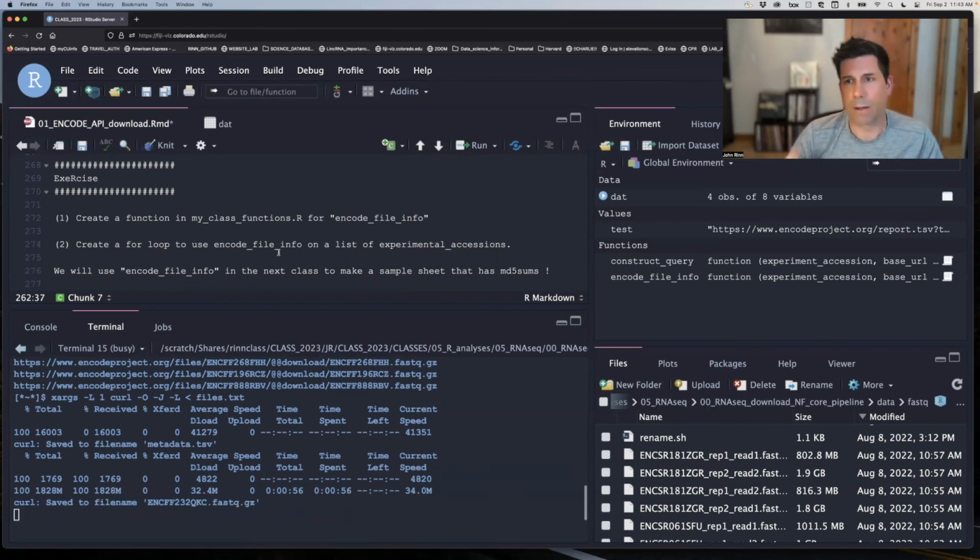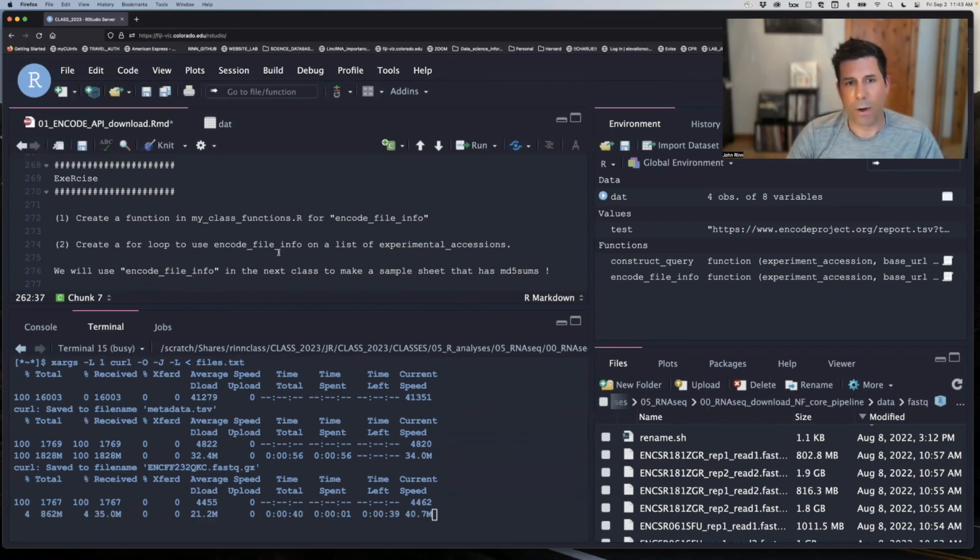And we will do that as well in the next class, where we will now take the information that encode file info gives us, and make a sample sheet and start doing our RNA-seq differential expression analyses with this free data we